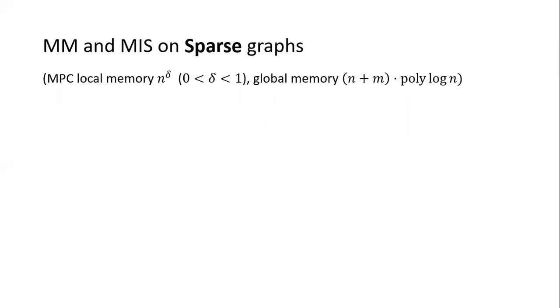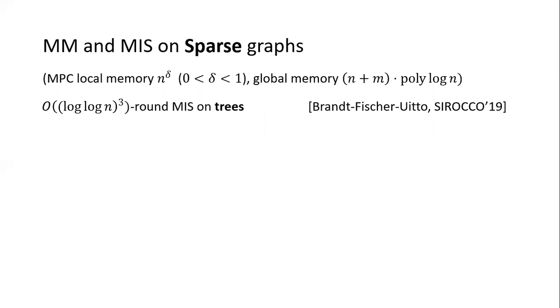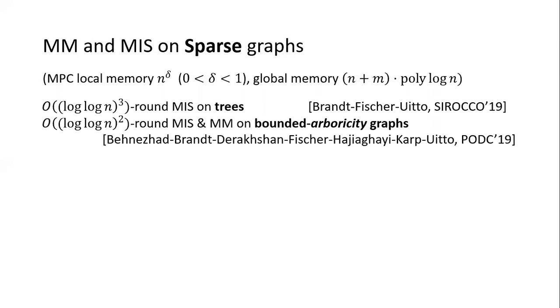Recently, there have been some faster algorithms for some special type of graphs. The first result was a log n cubed algorithm that solves MIS on trees. And later there's a better result, a log n squared algorithm for MIS and maximal matching on a more general class of graphs, the